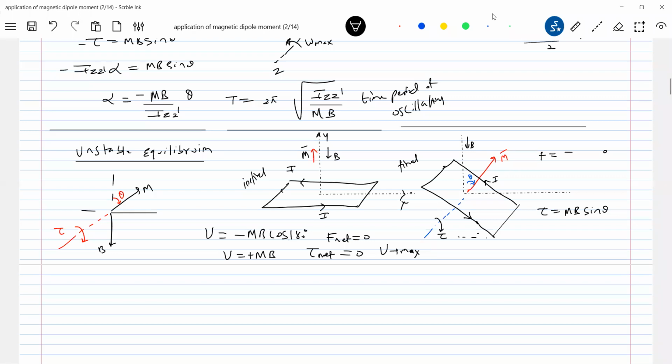Loop is in unstable equilibrium. So you should immediately notice the M bar, B bar angle. So the time